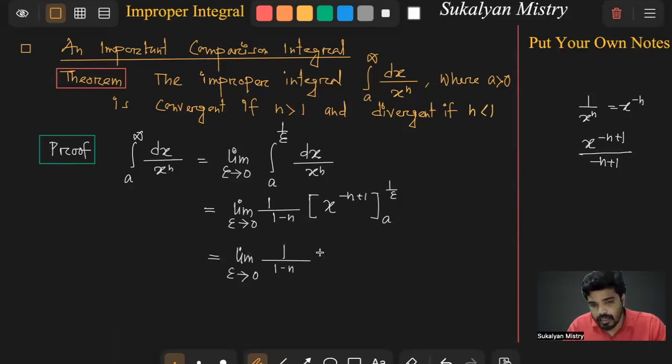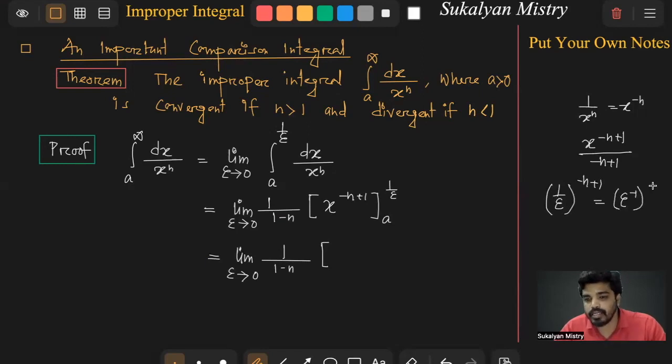ঠিক, so this equal, দেখো আমি যখন আপার লিমিট পুট করব, so that is 1 by epsilon to the power কি হবে minus n plus 1, right? ঠিক আমি আপার লিমিট পুট করছি, so x is equal to 1 by epsilon, so 1 by epsilon to the power minus n plus 1. So 1 by epsilon, that is epsilon to the power minus 1, right, minus n plus 1, that means epsilon to the power কি হয়ে যাবে